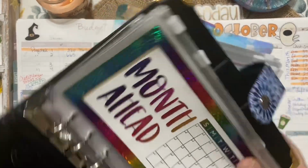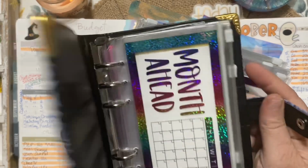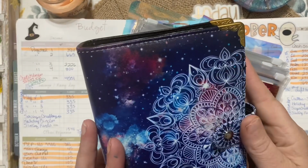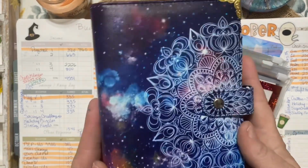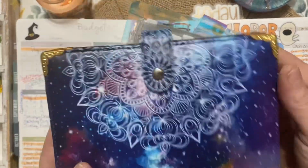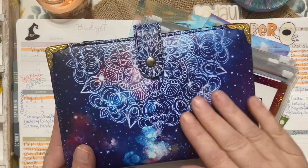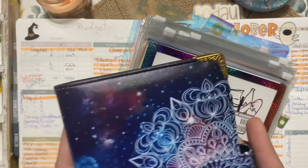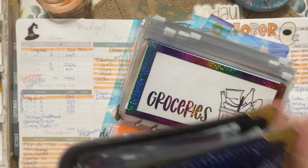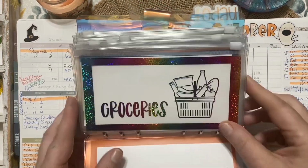But this binder here, you won't see it a lot in my videos because it's going to take me a long time to get these filled up. But I love this binder. This was a gift I won. It was a win from Budget with Mimi. I love this binder, so it holds a special place in getting my 6 months ahead. Okay,